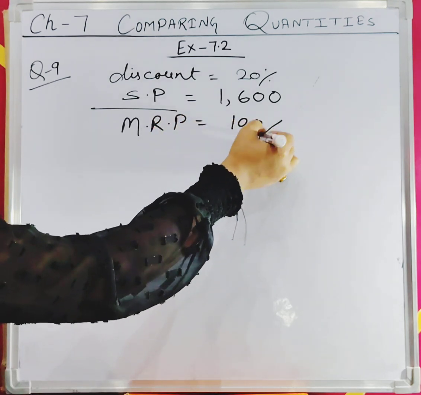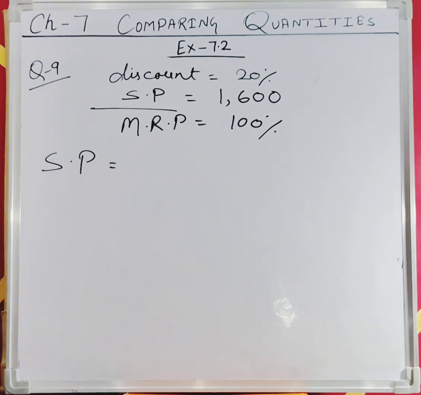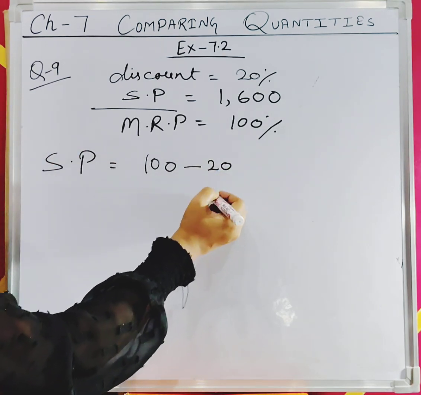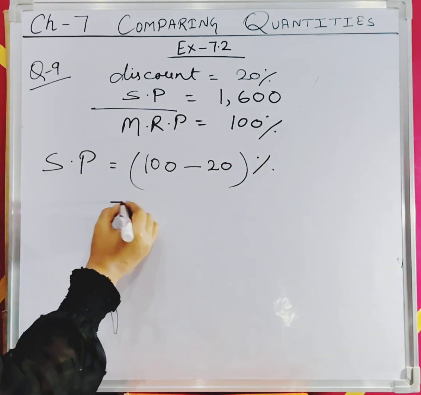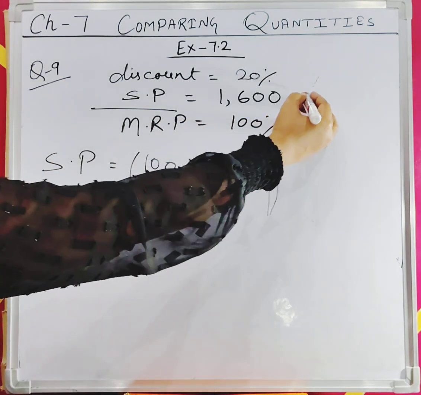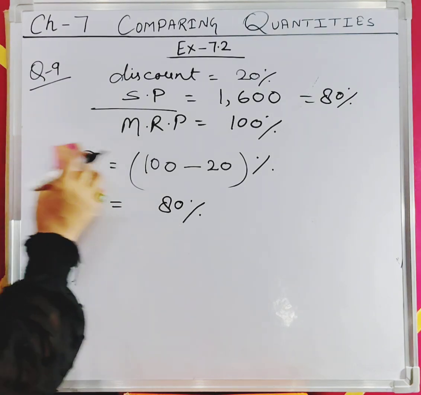MRP is 100%. And this is the selling price actually, because Arun pays MRP minus the discount he got, that is minus 20%. So basically Arun pays 80%. This is 80%, right? So selling price is 80%. You might be confused how it is the selling price, because Arun is purchasing this. From the point of view of the shopkeeper, it is a selling price. Getting? Okay. So 80%